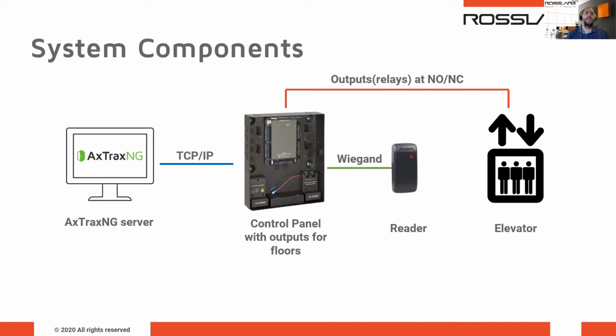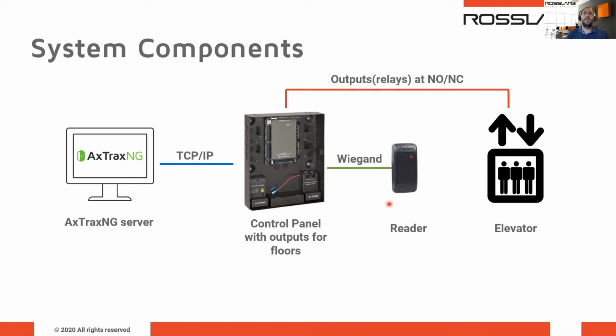On the system components, what we have is the AxTraxNG server. We recommend using 27.7 and above. The AxTraxNG server is required to run on a minimum of Windows 7, 32 or 64 bits. We recommend using Windows 10 and above. AxTraxNG communicates with any access control panel via TCP/IP